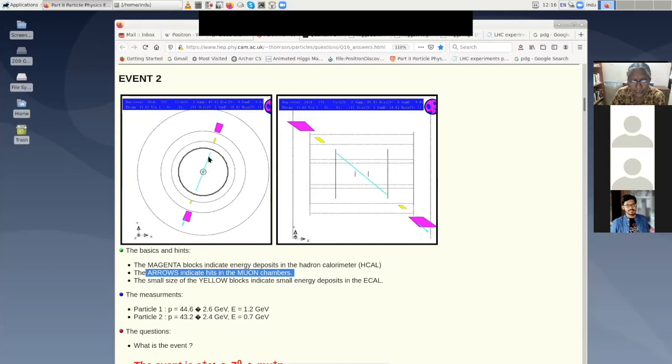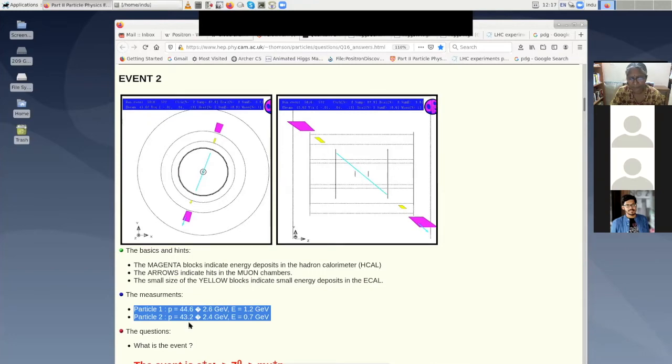So that means this is a muon. It's a charged particle, it has a track. It leaves a small amount of energy in the electromagnetic calorimeter, a small amount of energy in the hadronic calorimeter, and then goes all the way out to the outside. You can see a photograph sometime. The muon chamber is always outside, because as I said, the muon travels the furthest. Therefore this is the same Z boson going to mu+ mu- rather than e+ e-. And you can see again the momentum of the particles adds up to about 90 GeV, so 45 plus 45, and these are the error bars.